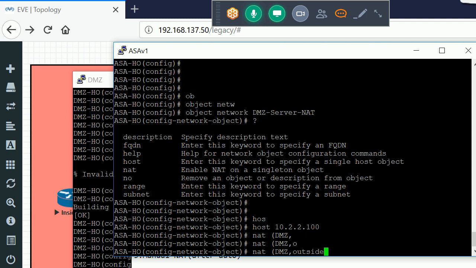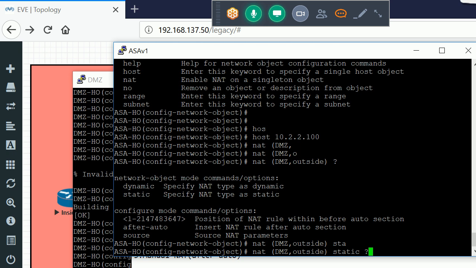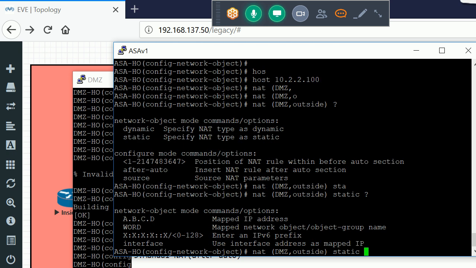After that I press the question mark. We have the static keyword, so we use this static keyword, and we can define the mapped IP address, meaning the public IP address on which we want to host this server.